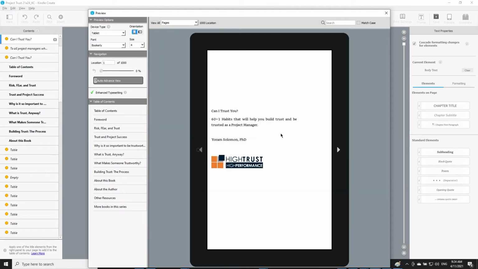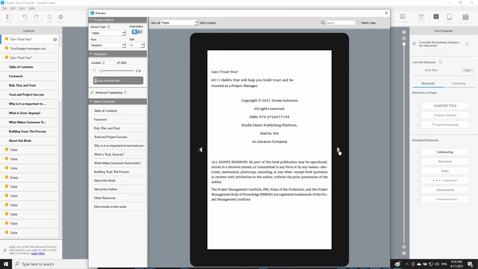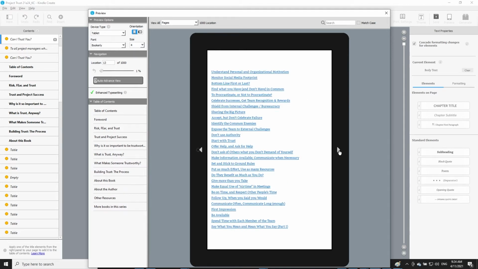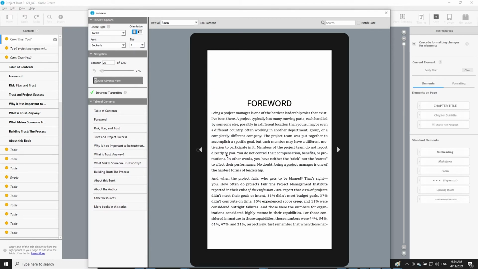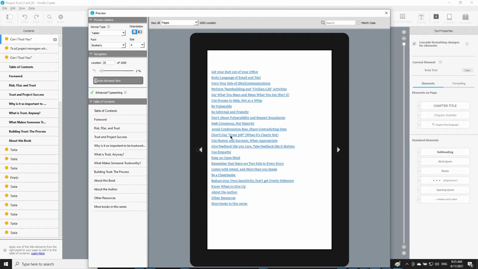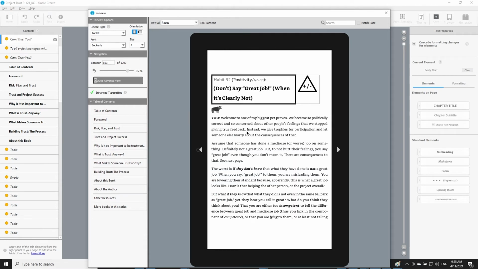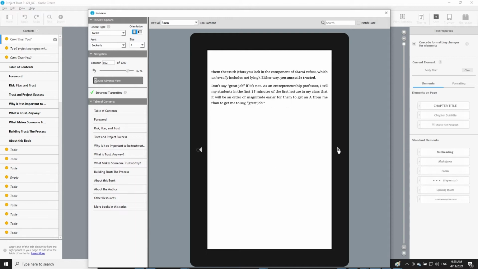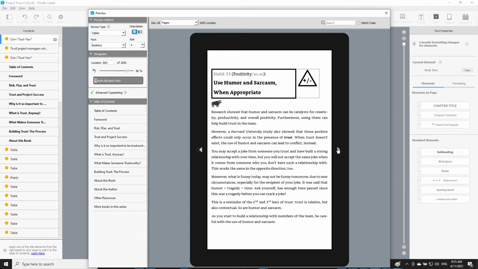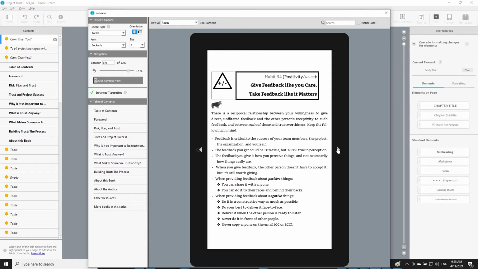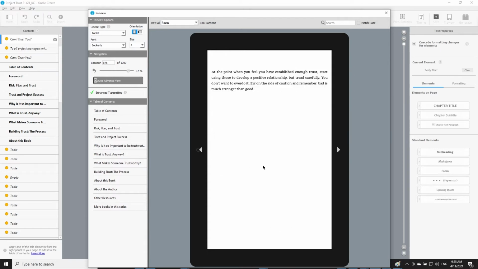But that's okay. You just go through it and take a look at what they believe this is going to look like. So you just scroll back and forth, and let's see what happens if we click on something. It takes us to the right chapter. See, I still need to get rid of this image, and I'll do that. But now it gives you a sense of what this would look like on the device. I'm still not 100% confident, and I'm not going to release it until I actually watch it on the device,